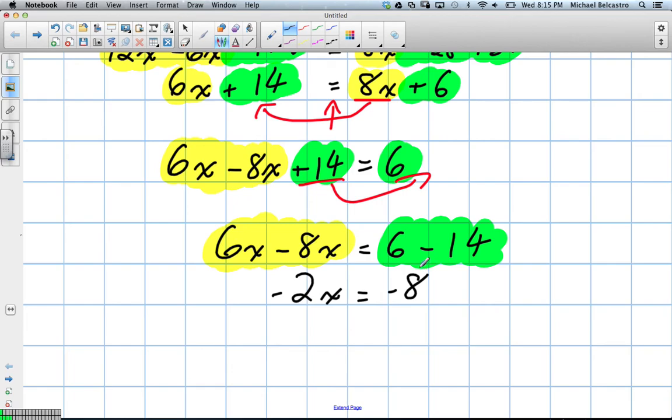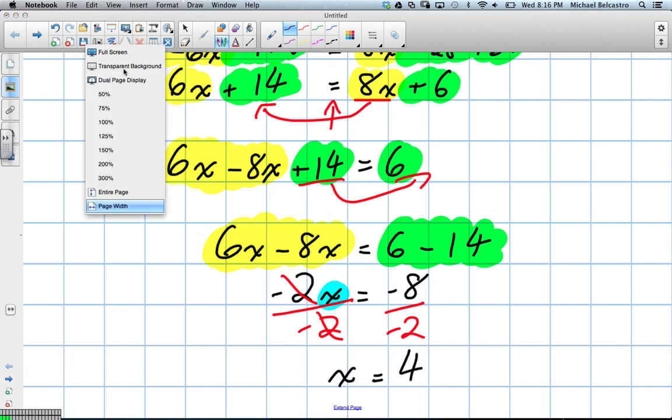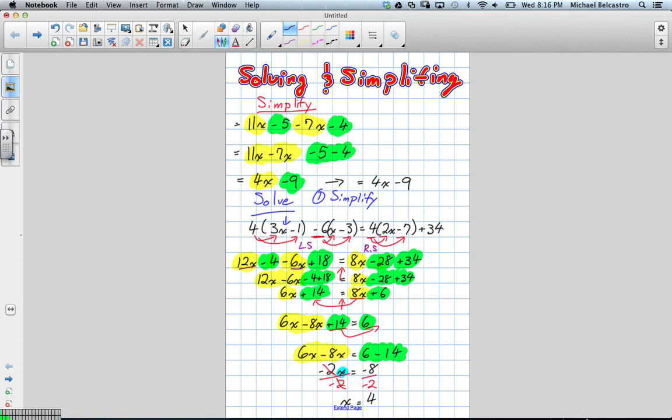Great. We're not done, though. The goal here is actually to solve for just x. Divide by 2? Negative 2. That's right. Divide both sides by negative 2. These guys cancel, and what will we get? Positive 4. Yes, that's right. So we finally saw that x is equal to 4 in that question. Okay, so quite a bit of work to that one there with a simple